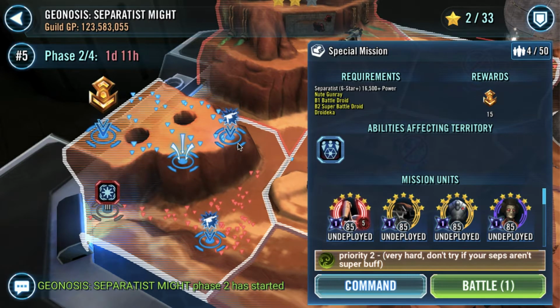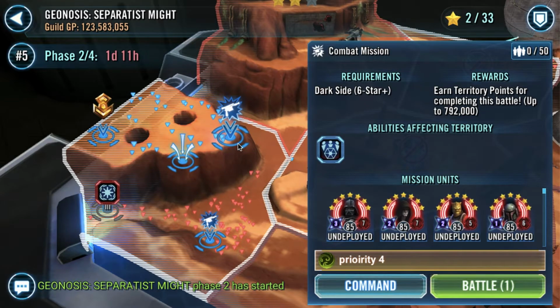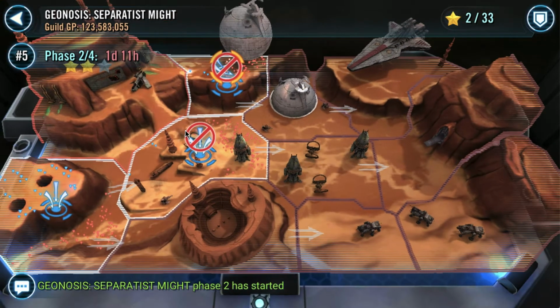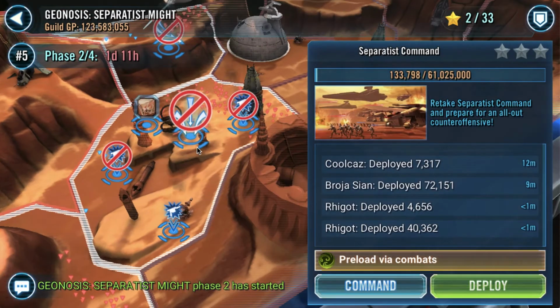And we are in desperate need of making sure we maximize the territory points that we're earning. So again, do the combat missions. Now, once all of those are done, we're still not deploying. At this point, once you've completed your combat missions and you don't have any more teams that you're going to be able to use to try and complete those,